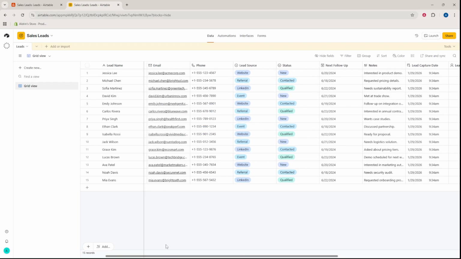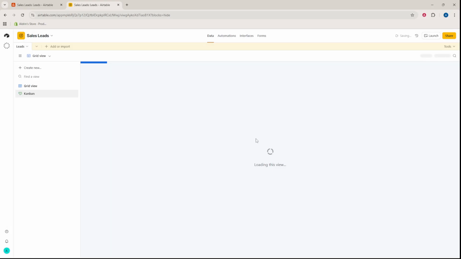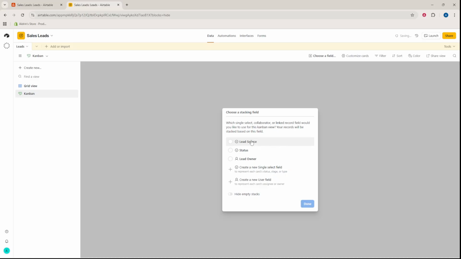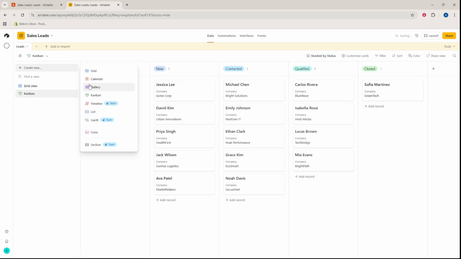Let's customize your views. The grid view is your all-in-one worksheet, great for quick edits. Add a Kanban view grouped by status so you can drag leads from new to contacted, then to qualified, and eventually closed. Create a calendar view tied to next follow-up so you can see exactly what's coming up and avoid